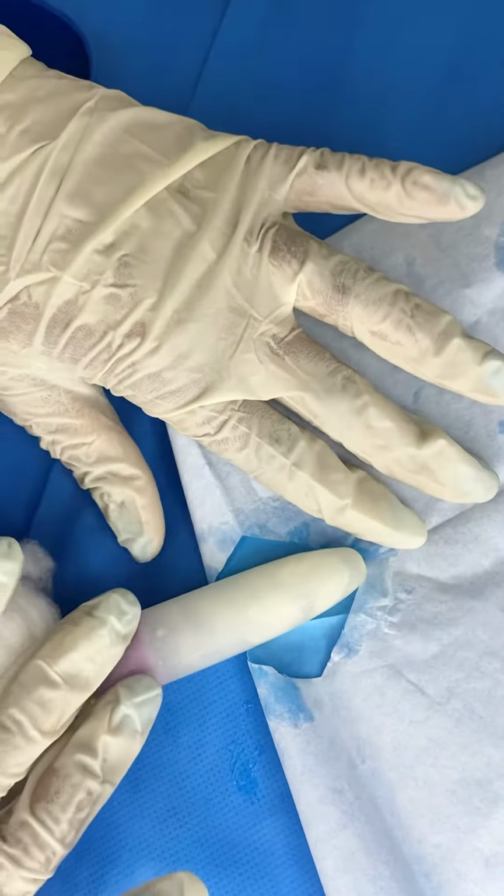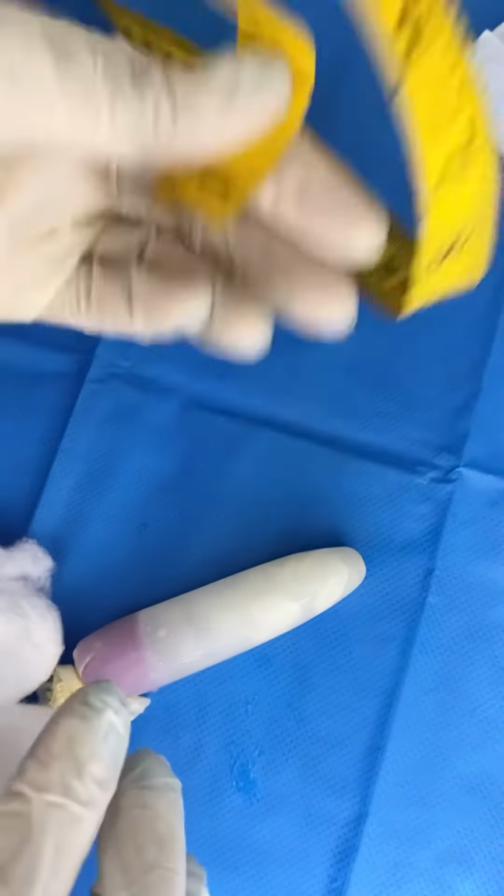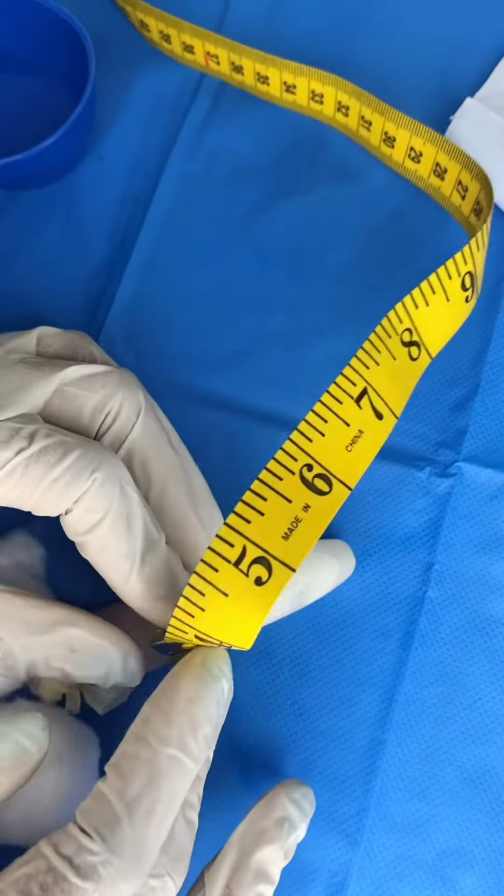And the procedure is done now. With the patient's consent again, we go back with the measuring tape to see if the results are